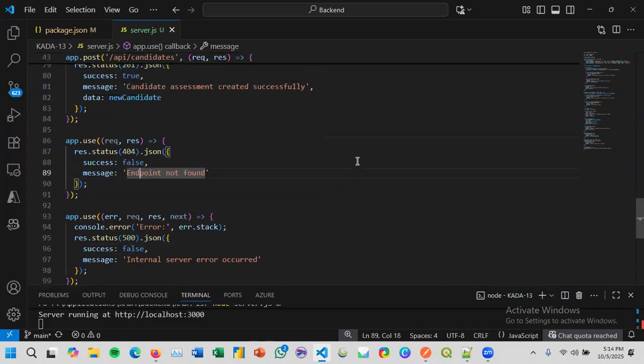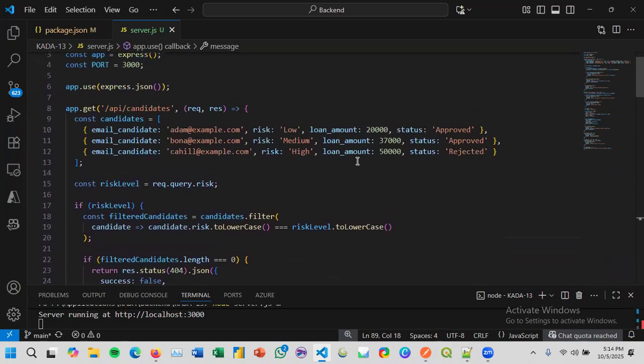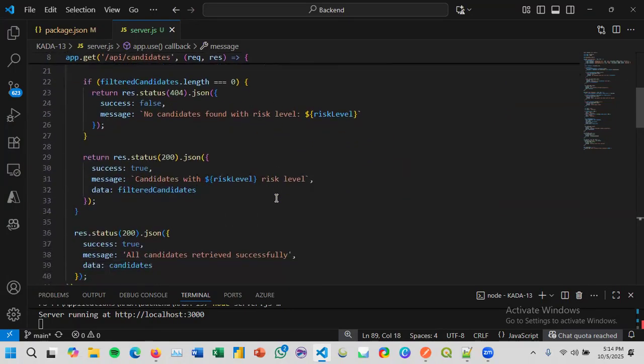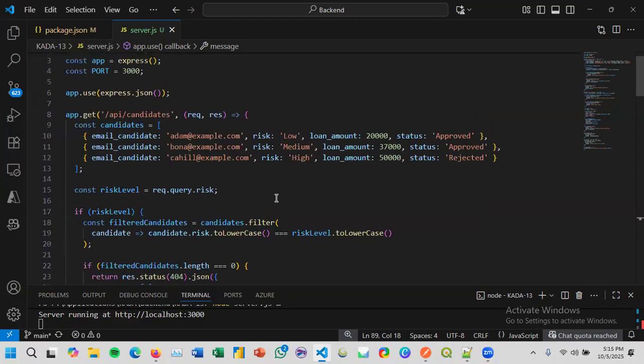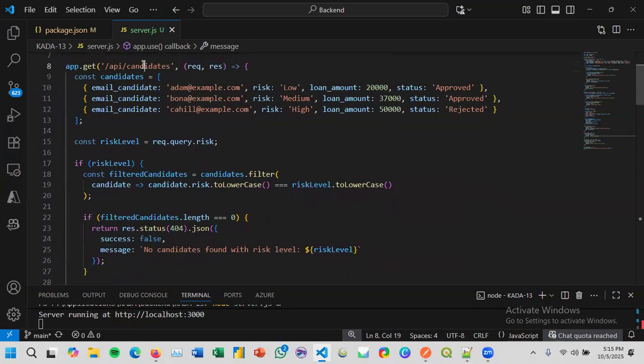Maybe that's the server that I have been trying to write. And for more information, I think you should know that Express works sequentially. For example, if we put 404 error above routes, what happens? Express will read the 404 first. So all requests, including those that should go to API/candidates, will be caught by 404 immediately. So our routes will never be accessed.